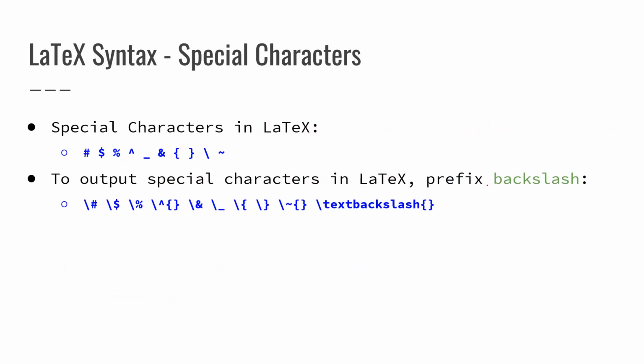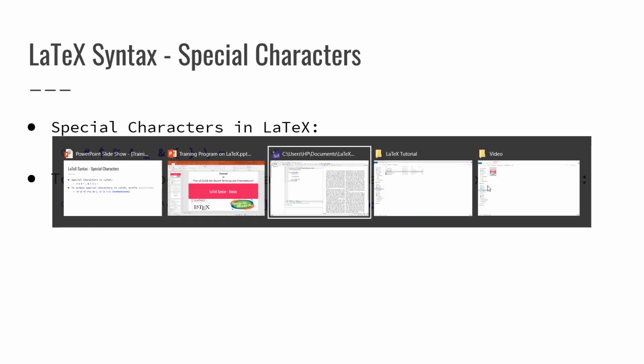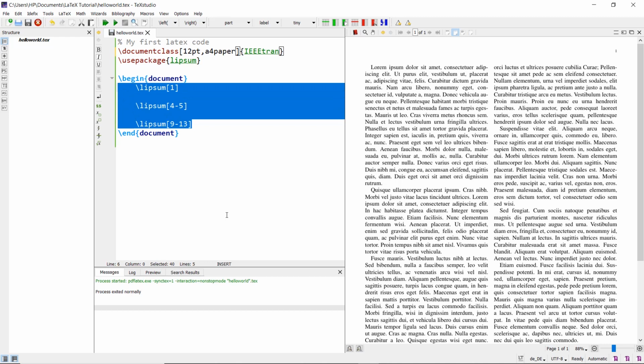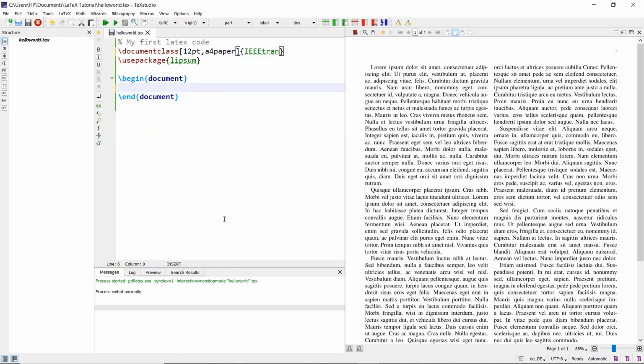There are some special characters in LaTeX. You cannot write them as is. One of the special characters we had already seen was the percentage symbol. So what if I want to display a percentage symbol in the LaTeX document? How do I do it? You just need to precede it with a backslash to signify that it's a special symbol and its special meaning is to be ignored. I'll switch back to article.